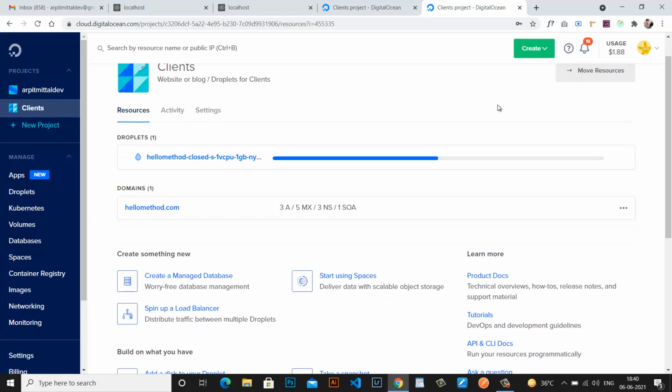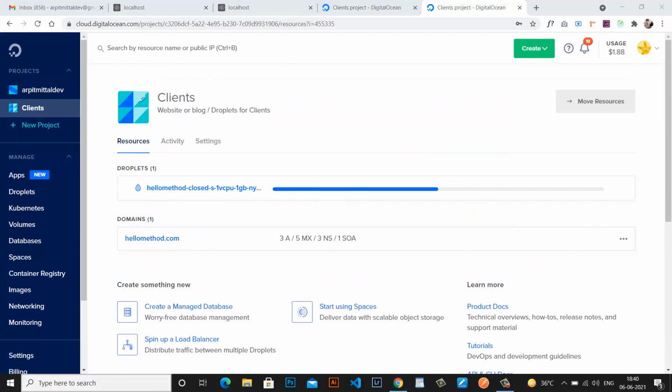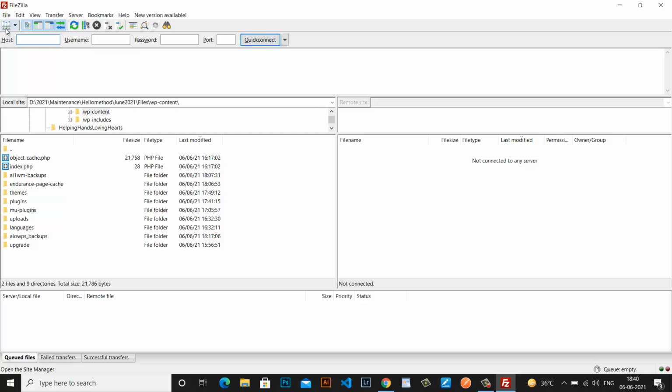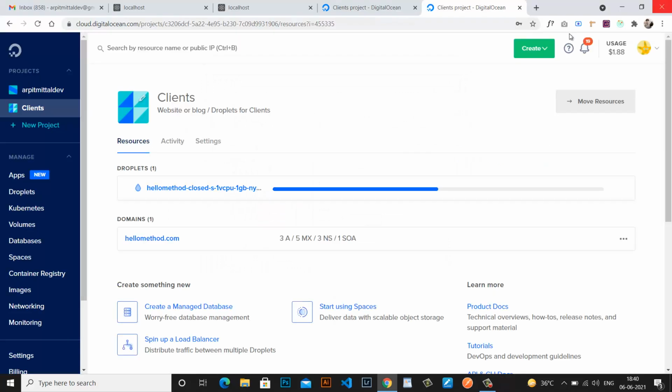It would take some time to get the droplet ready, so let's just wait for some time. I just wanted to confirm if my old IP will be allocated to me if I restored using the snapshot. So I'm just copying it just for the confirmation.